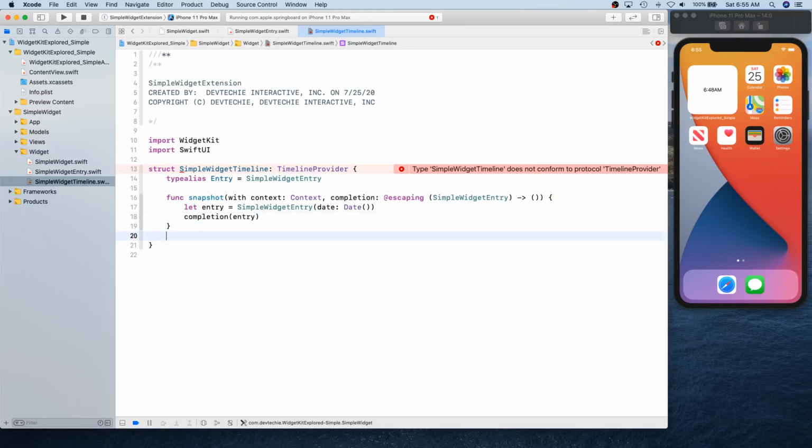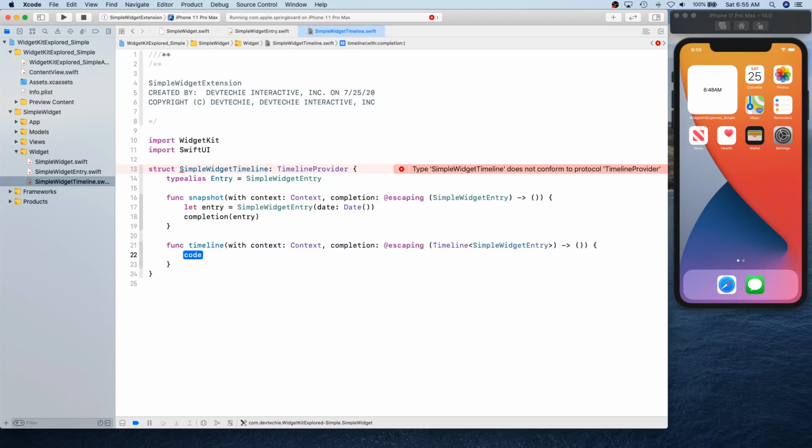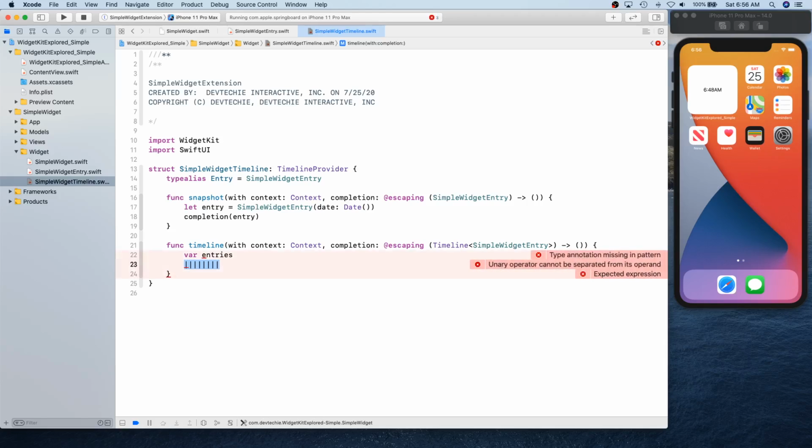Next up is basically the actual timeline, and we're gonna choose the timeline with context and completion. If you look at it, both of them are the same. I don't know, it could be a bug. But var entries. So this is where, remember we talked about those whole bunch of entries in the timeline, each entry providing one instance, and you can have these entries line up.